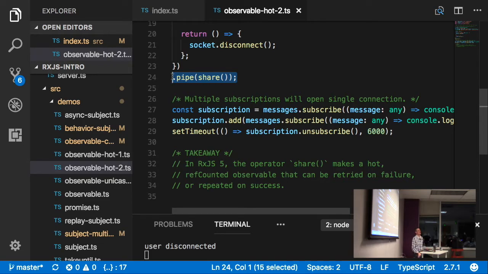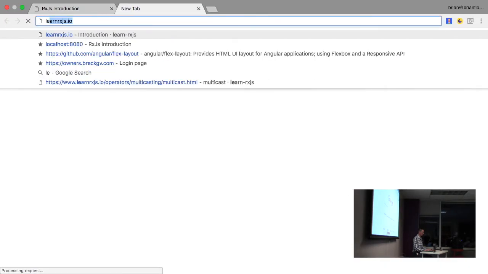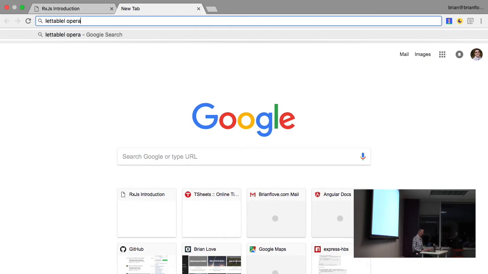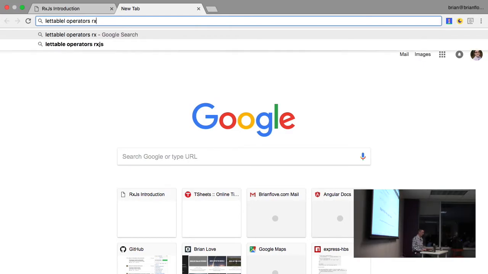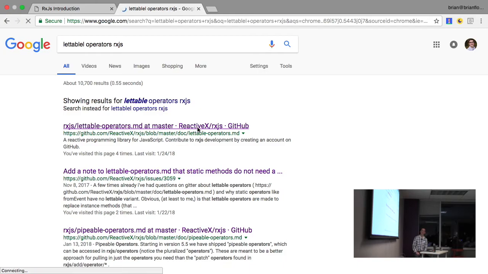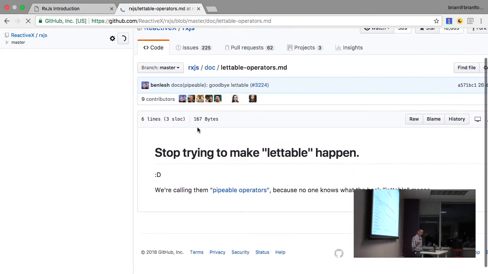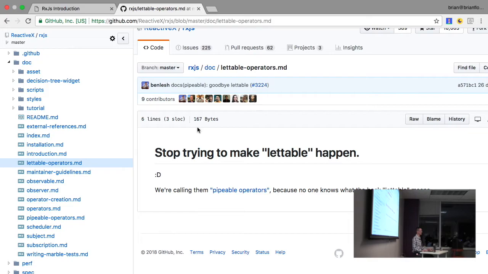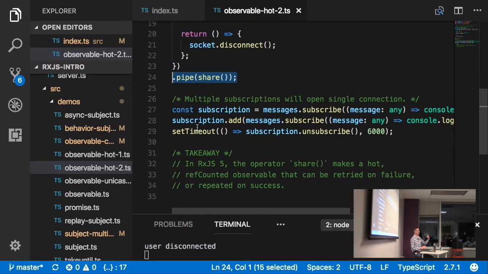RxJS 5.5 dropped about, I don't know, 2 months ago, I guess, or something like that. And they came out with this thing called Lettable Operators. And then they realized that was actually a really bad name. And so then they changed the name to Pipeable Operators. I think it's kind of funny, actually. So if you search Lettable Operators, RxJS, and we go to the page, they say, stop trying to make lettable happen. We're calling them Pipeable Operators because no one knows what the heck lettable means. So they used to be called lettable operators, but now we call them Pipeable Operators, which kind of makes sense